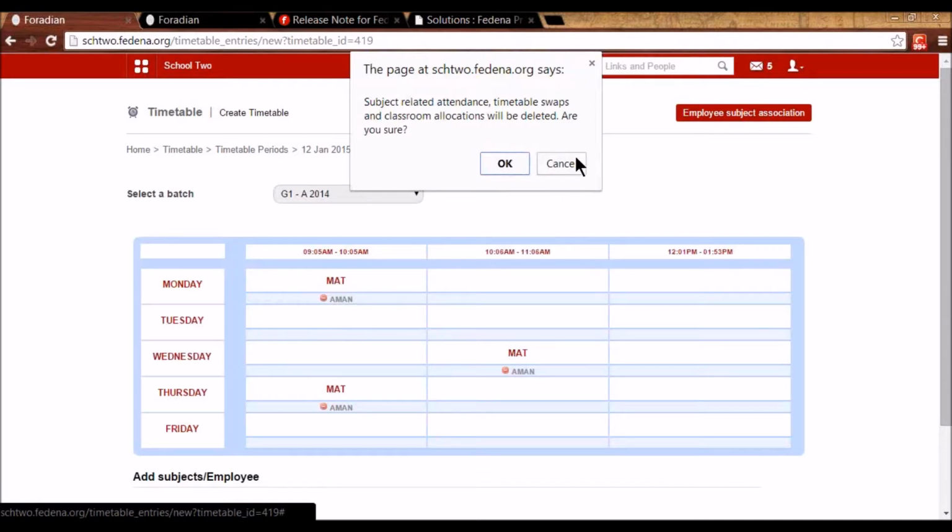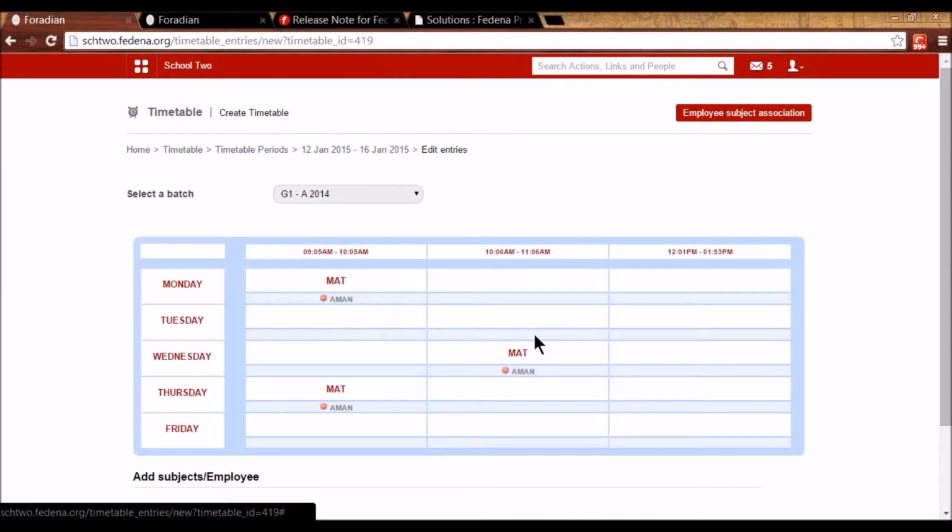So let me summarize it. Previously, when you used to click the edit entries button, all the attendance entries, swapped entries, and class allocations were deleted for the complete timetable period. But now when you click the edit entries button, you can select the batch and you can edit that particular subject entries.